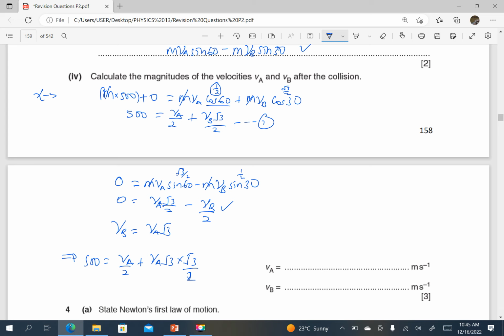You can just cross multiply by 2. You multiply everything by 2, so this is 1000 equals VA plus 3 times VA. Root 3 times root 3 is 3, because it will be root 3 squared, and the square cancels the square root. I've multiplied everything by 2, that's why you see 1000 this side. So VA plus 3VA is 4VA. So I have 1000 divided by 4. That means VA is 250